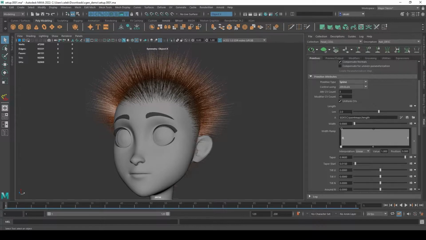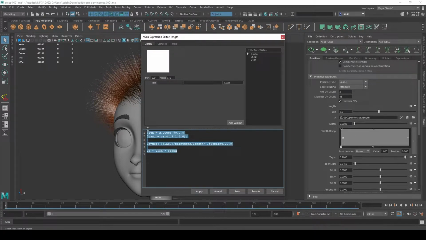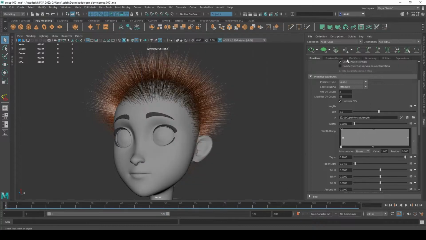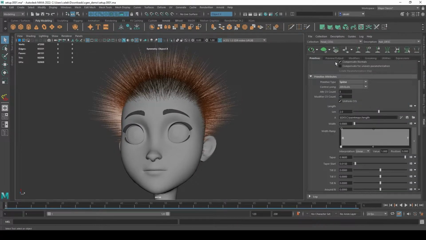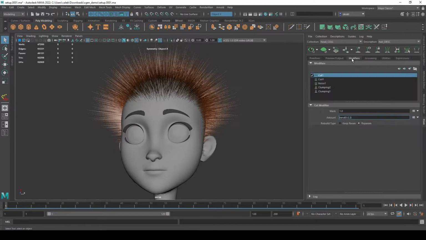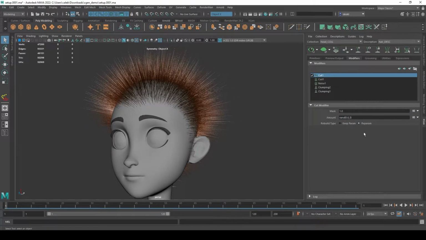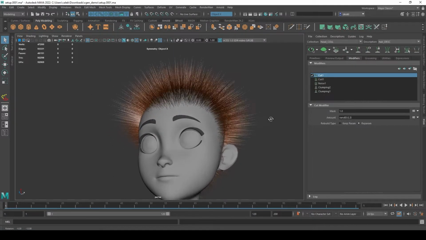So in here, unless I was multiplying that length by 0, this is just a multiplier on top of what this length value is. So no matter what this length value is, if I set it from 0.7 to 1.3, I'm not really going to get hairs that are getting close to 0. But with the cut modifier, it's cutting our hair an X amount of length that it's returning here. So if that value it returns is equal to or higher than the length of our hair, that can lead to something like this. So if you're going to be cutting it by quite a bit, it's not something that's very, I'm not sure what the word for that is,